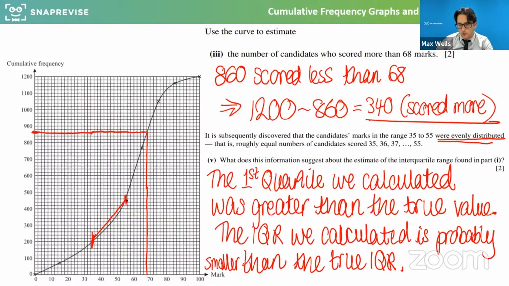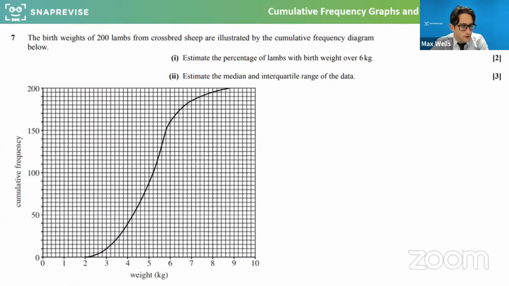So that was good. So I think we'll just do a couple more follow-up exam questions on this, and again, look at the kind of comment ones. So the birth weights of 200 lambs from crossbred sheep are illustrated by the cumulative frequency diagram below. So it says, estimate the percentage of lambs with birth weight over 6 kilograms. So let's again do that. Let's look at 6 kilograms and let's read up and across. And do feel free to work ahead of me. I know it's perhaps a tricky one to see, but let me know in the chat if you can see what that would be. Now, reading it off,